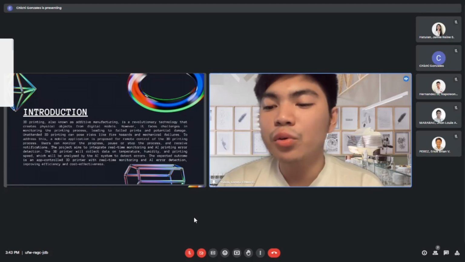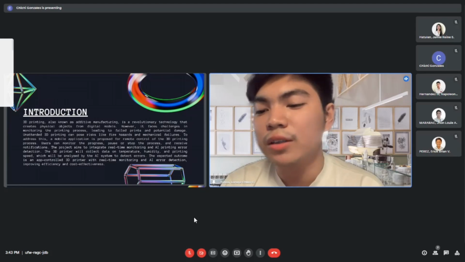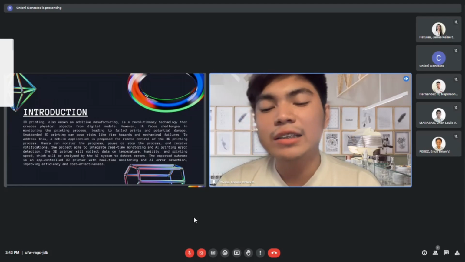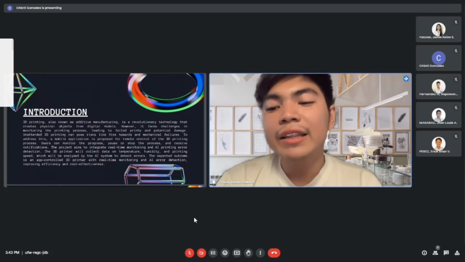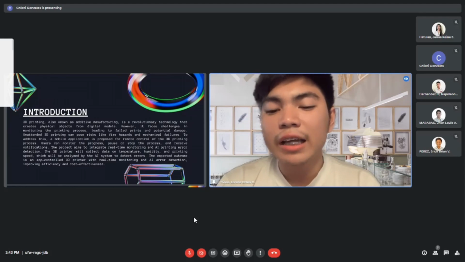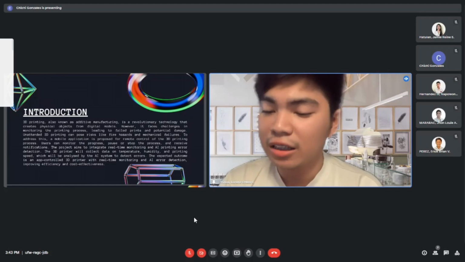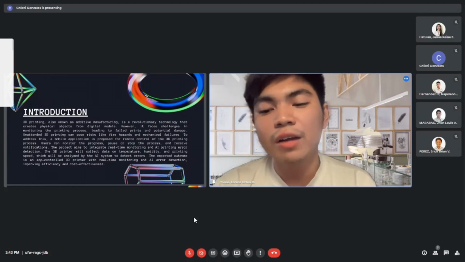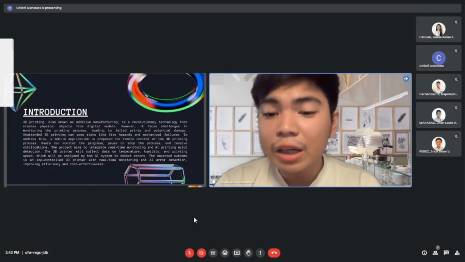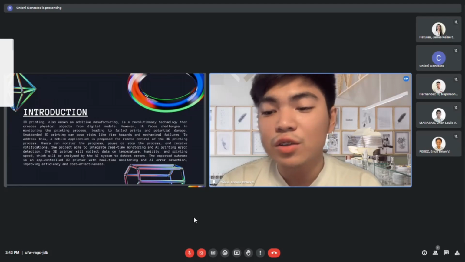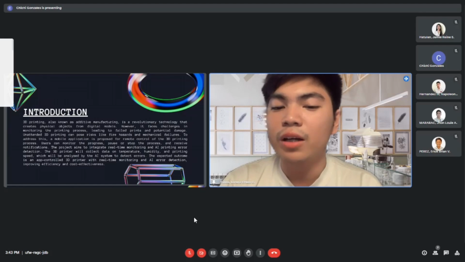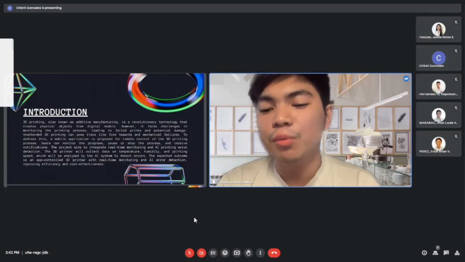The app will allow users to remotely control the 3D printer and monitor the printing process in real time. Ayun nga, kagaya ng sinabi ko kanina, kahit nasan tayo, ma-check natin and mamomonitor natin yung piniprint natin real time. Additionally, the AI system will be integrated to detect and prevent potential errors, such as warping and cracking. The 3D printer will be equipped with sensors to collect data on the printing process, such as temperature, humidity, and